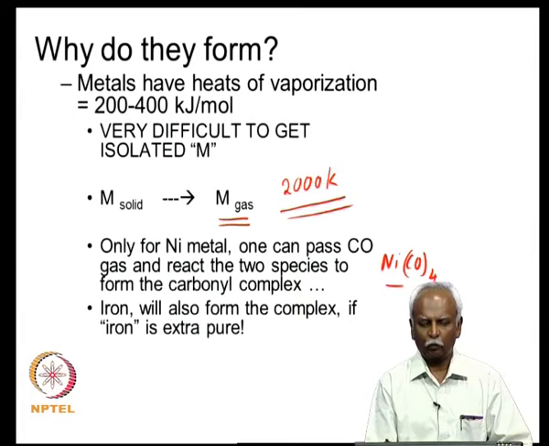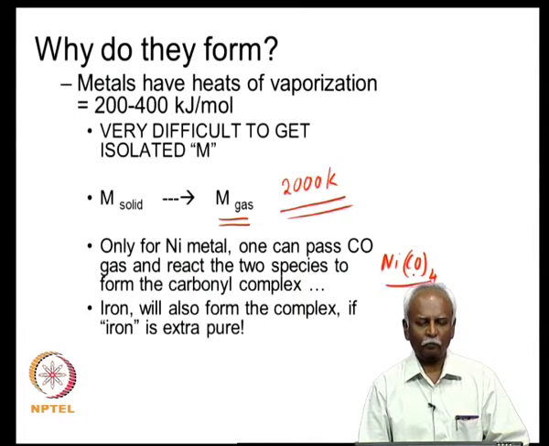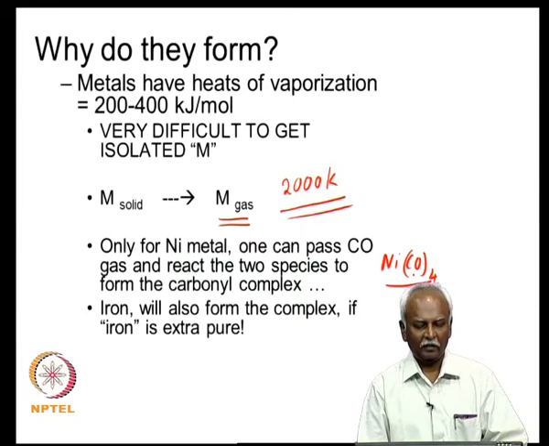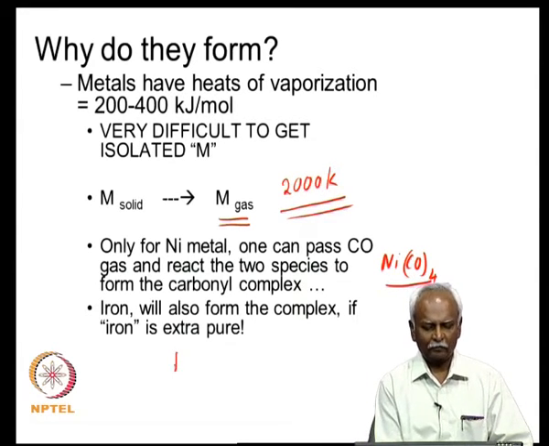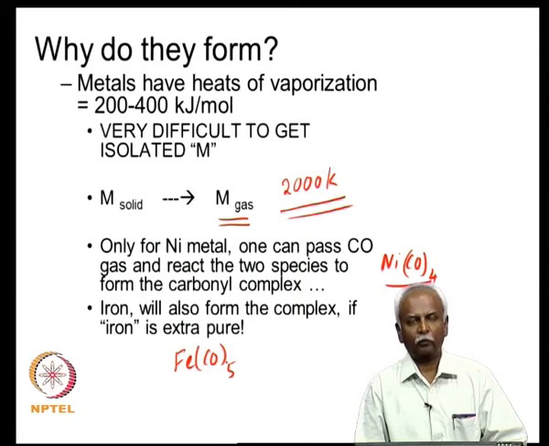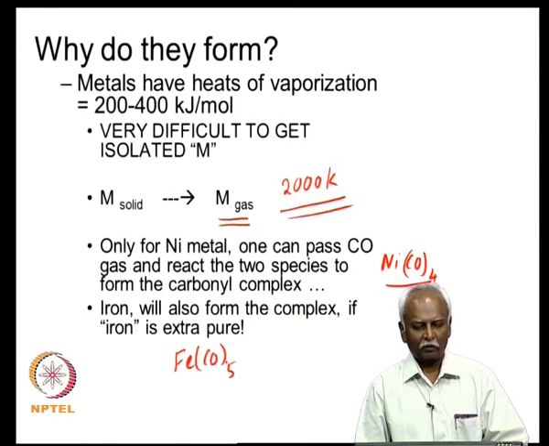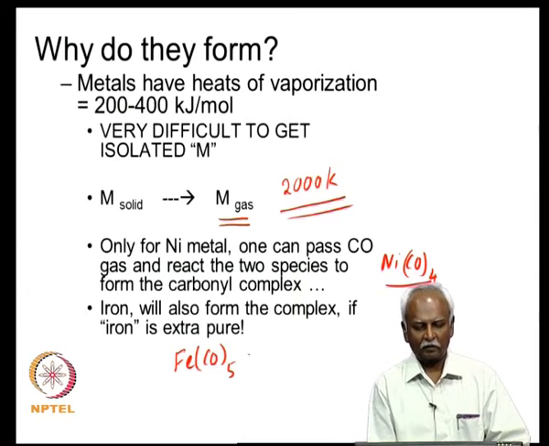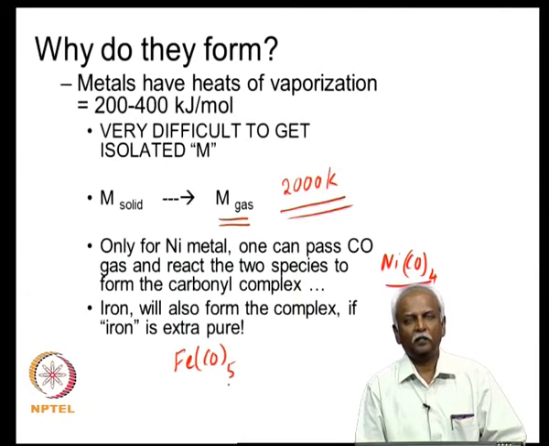These complexes are even more interesting. You can readily form metal carbonyls at room temperature with carbon monoxide. Iron will form Fe(CO)5 very readily, and this can be done even at room temperature using carbon monoxide with very pure iron, which can be readily distilled. These are volatile molecules which are readily distilled.